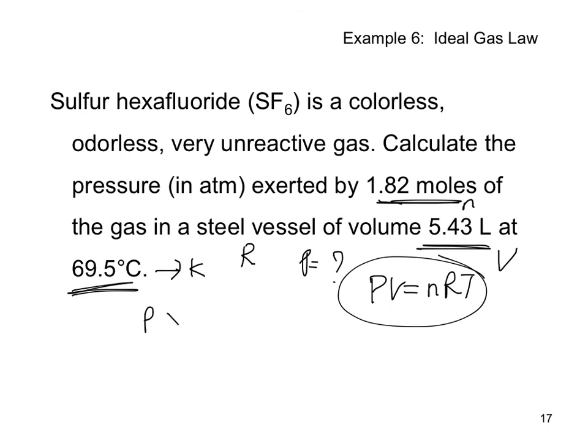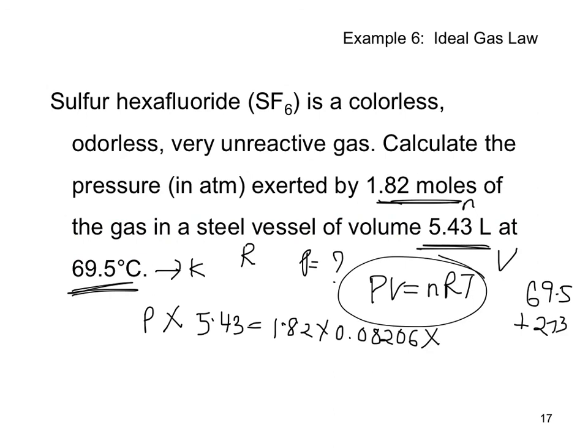Pressure is what I'm seeking. 5.43 is the volume. n is the number of moles, which is 1.82. R is the gas constant, 0.08206. T is the temperature, 69.5 plus 273. You have to do the addition to get the number in Kelvin, 342.5 Kelvin,